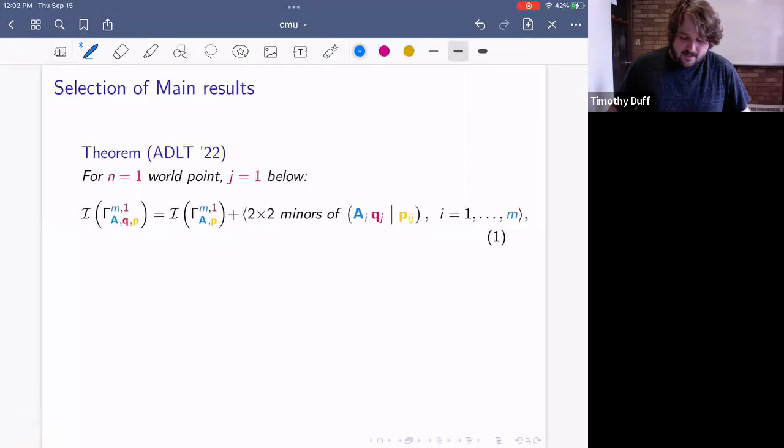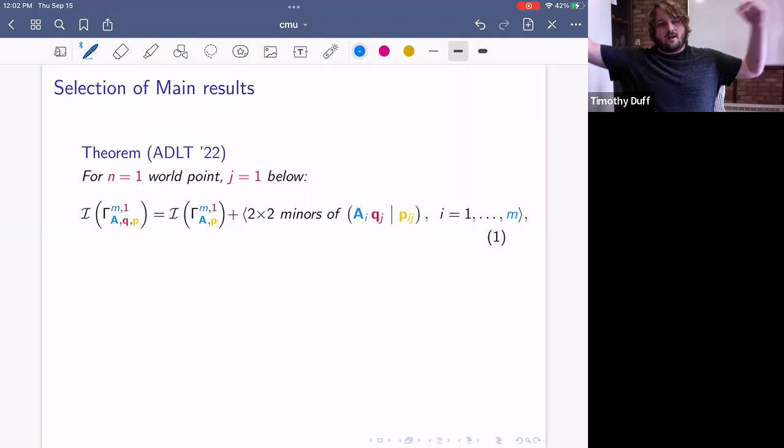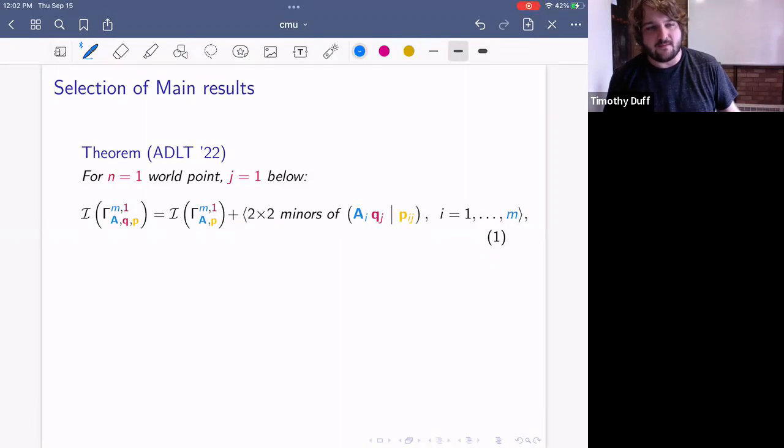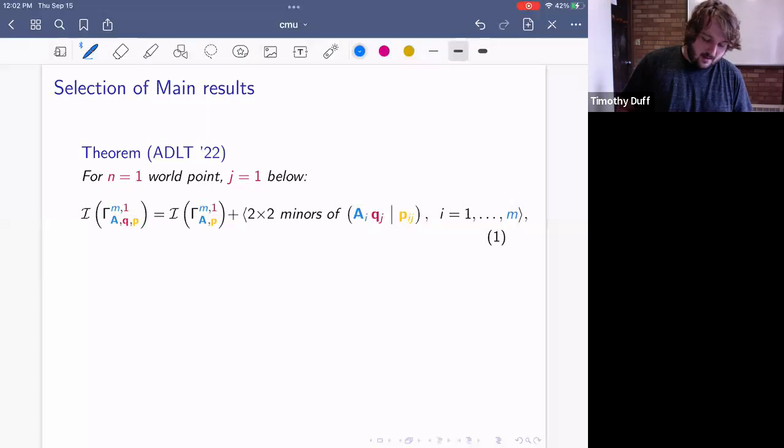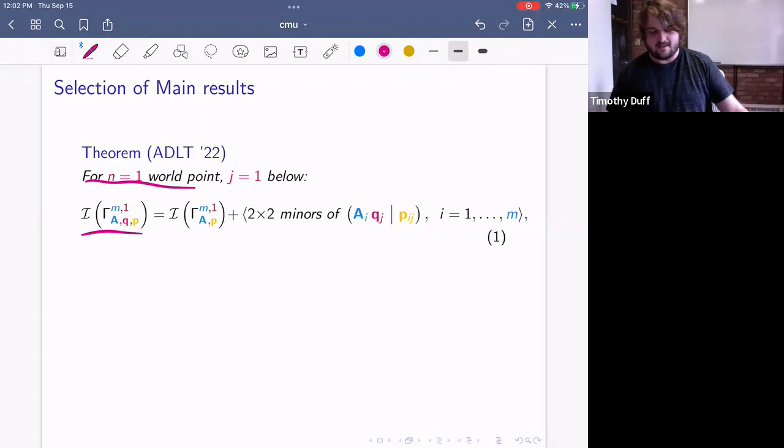But the main theorem is really saying, what is the vanishing ideal of each of these varieties? And our strongest results apply in the case where we have a single world point. And in that case, we can say that the vanishing ideal, which is just the ideal generated by all multi-homogeneous polynomials vanishing on this variety,